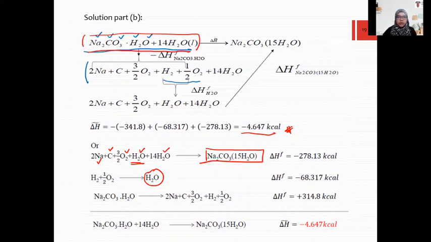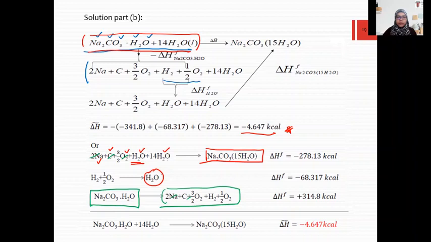So we can cancel this part 1, 2, 3 from this using this, or we need to determine the formation of sodium chloride in 1 mole of water. And then after that, once we cancel this part, we can obtain the sodium chloride in water plus water plus the 14 mole of water, it gives 50 mole of water. So you can insert this, or for the formation, that means element